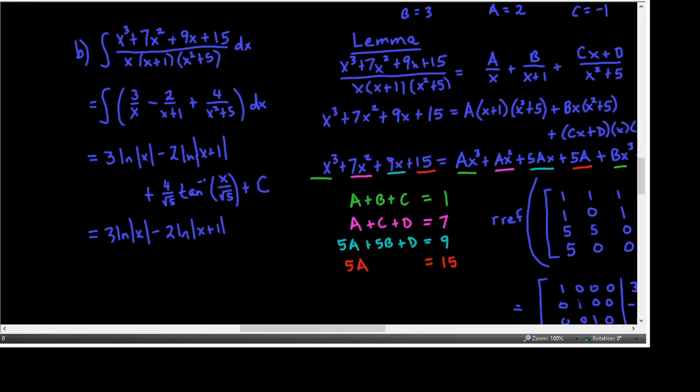The only thing is I want to clean that up. So that'll be 4 square roots of 5 over 5 inverse tangent of x square roots of 5 over 5 plus c. Okay, so